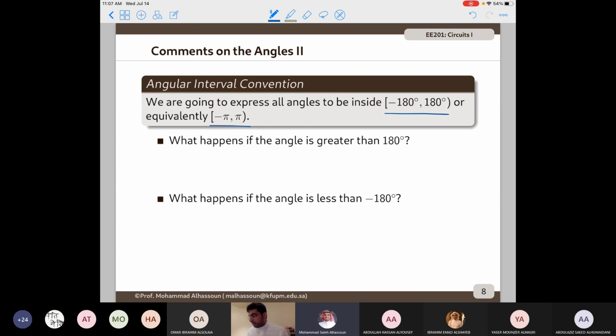So now what happens if you have an angle that's greater than 180? If you do the calculation, most calculators will give you the angle from 0 to 360. Or sometimes when you use polar form, you're going to add the angles if you're multiplying, so you will end up with an angle that's greater than 180. What should you do? What do you think about it? Ibrahim? Maybe we should subtract 360. Exactly. So what you need to do here is keep subtracting